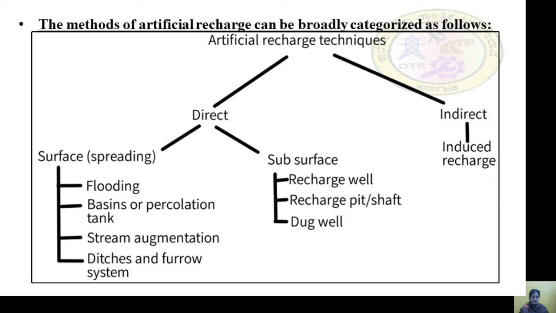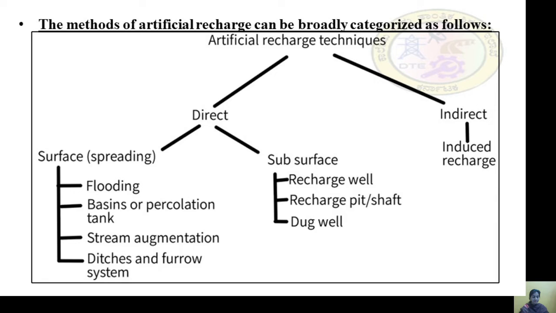Coming to the surface or spreading recharge, there are flooding methods, basin or percolation tank, stream augmentation, ditch and furrow system. In subsurface methods, we have recharge well, recharge pit or shafts, dug well.